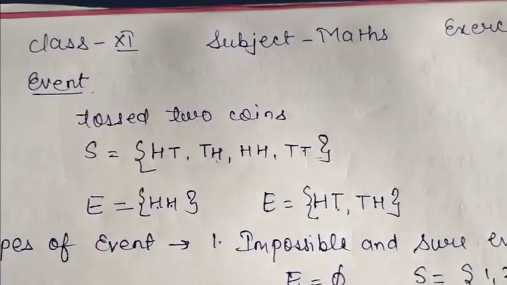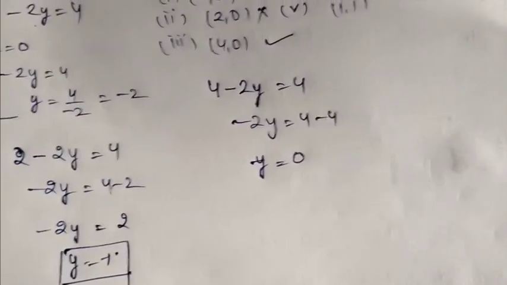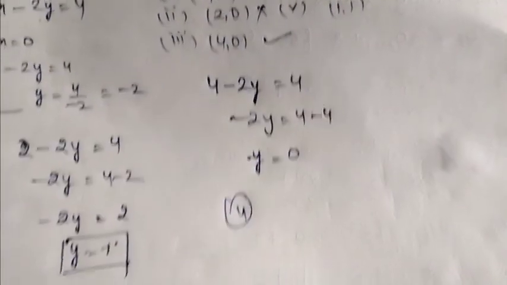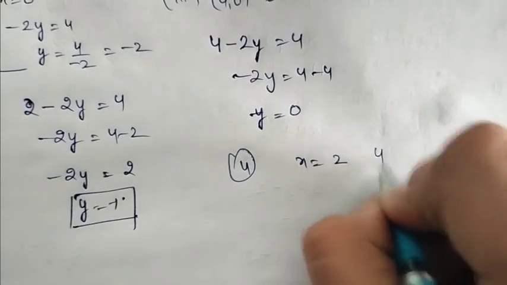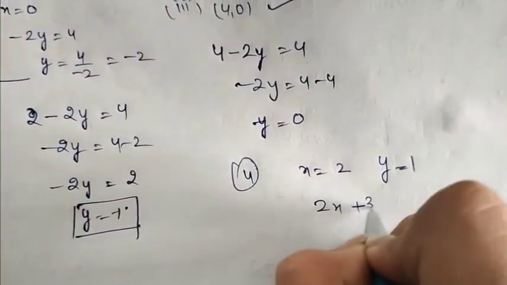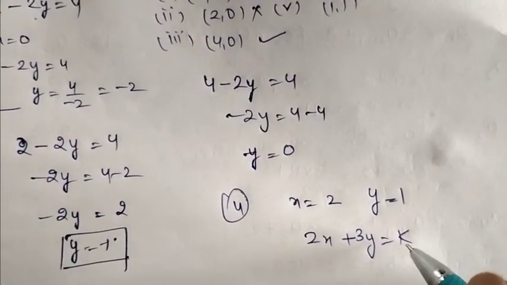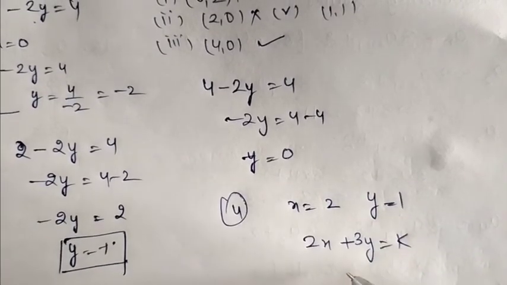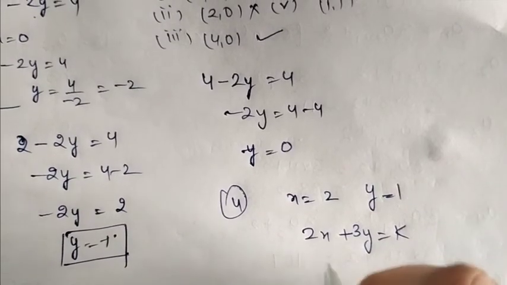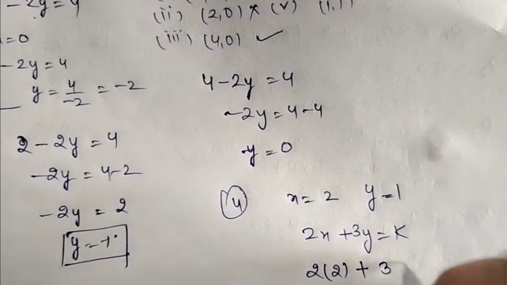Okay, now we have our last question. Last question है हमारे पास, that is find the value of k. ठीक है, fourth वाला question है हमारे पास, find the value of k if x equals to 2 and y equals to 1. Okay, and the equation we have is 2x plus 3y equals to k. So what we have to do if we have to find the value of k, directly हमें x and y का value इस particular equation में put करना है, and we will have our solution. Okay, so when we put x equals to 2, we will get this, and when we put y equals to 1, we will get this.